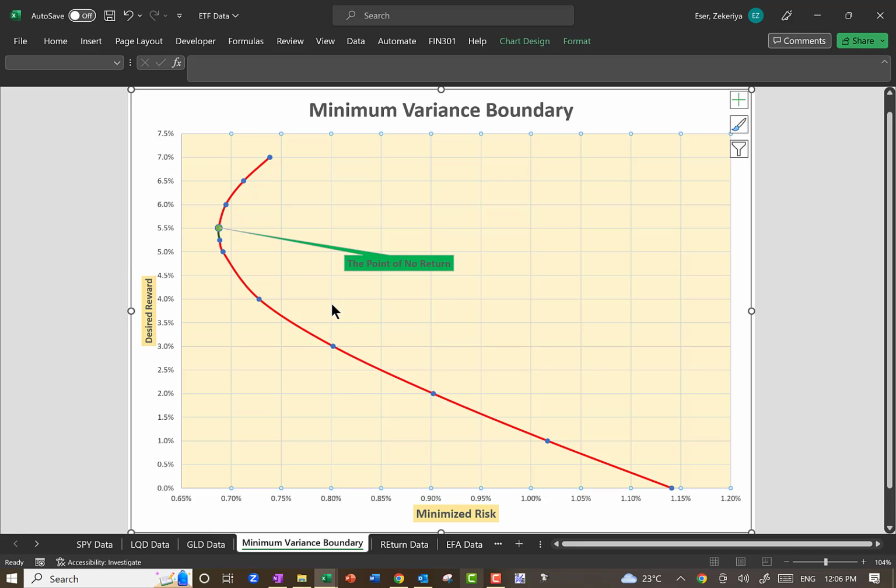I'm right here. Okay? I mean, I could have put a point there. I'm just choosing not to. How can you say that it's inefficient? You're taking on extra risk for the lower target